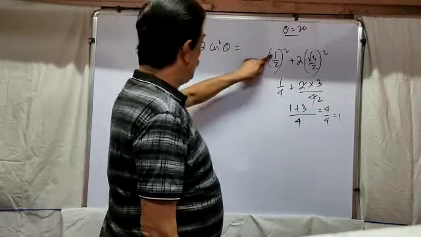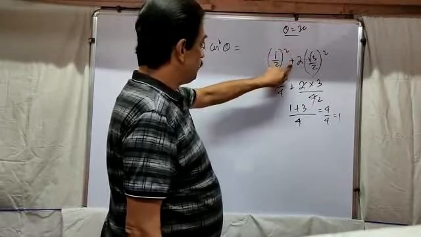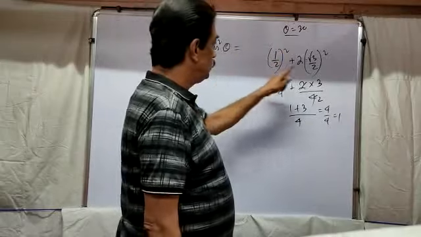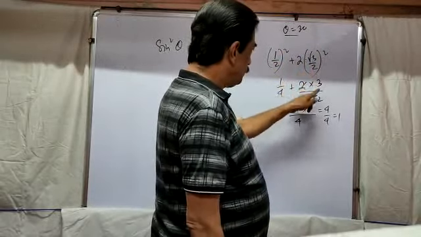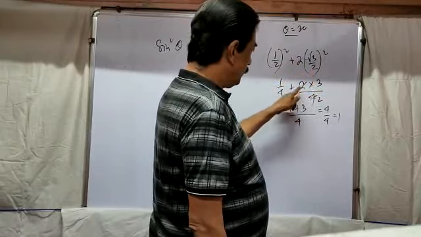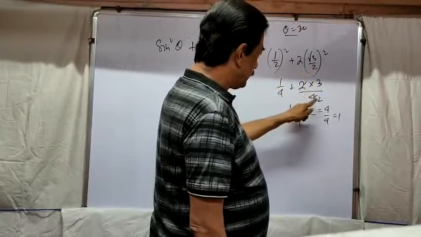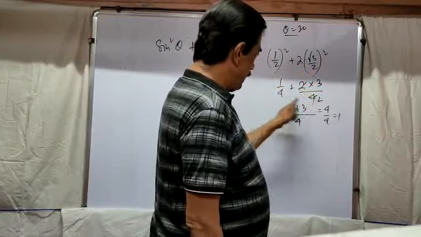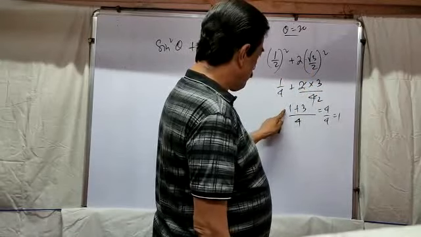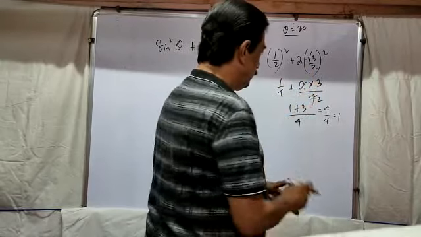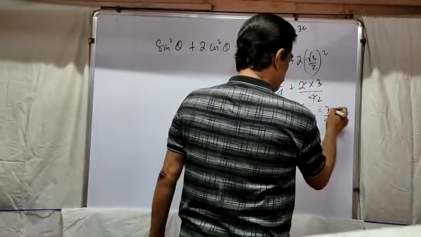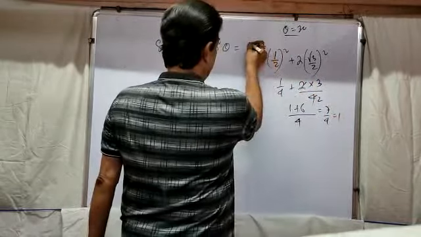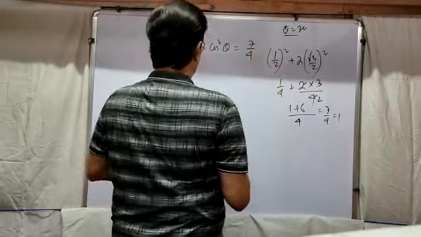Theta equal 30. If theta equal 30 degree, sin 30 half, squared, plus 2 into cos 30, root 3 by 2, whole square. So 1 by 4 plus 2 into 3 by 4. Now this is 3 by 4, this 4 cancels with the 2. If I make LCM 4, your result is 1, this 2, 2, 3 is 6. Sorry, 6. 6 plus 1, 7. 7 by 4. Now they are giving that the result is 7 by 4.